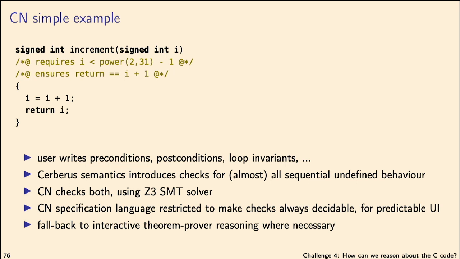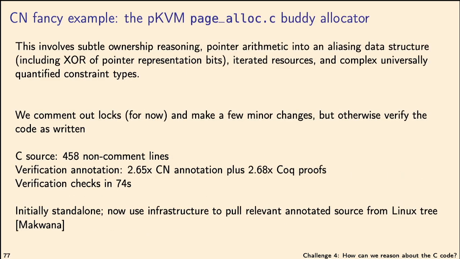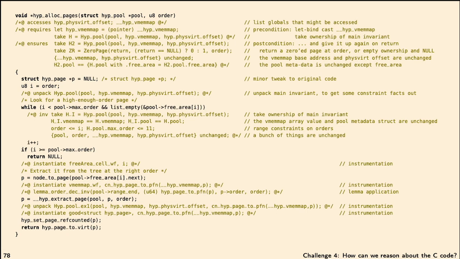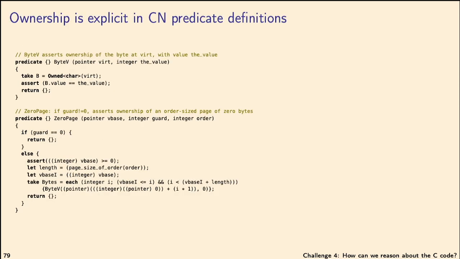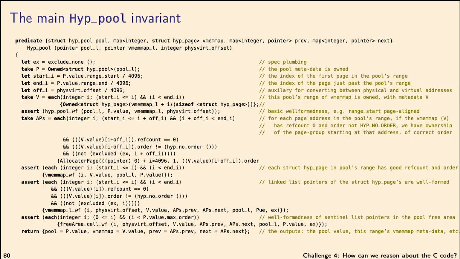If I just show you very quickly some CN stuff, you annotate code with separation logic assertions, essentially, but in some quite limited fragment to try to make the proof automation reasonably predictable. That's the top-level punchline. And it kind of works, even for some of this low-level code. This is one of the functions from a pKVM buddy allocator, which does exclusive OR on pointer bits and lots of integer pointer casts and what have you. And it's kind of a readable spec, with some predicates and things that you can understand, and it kind of works. It doesn't work great,